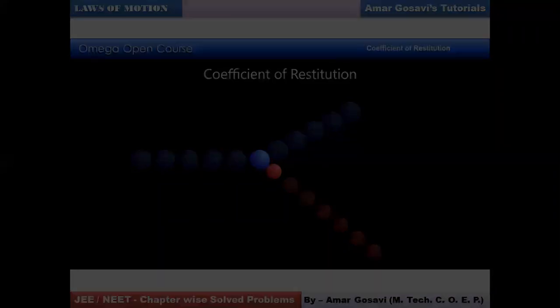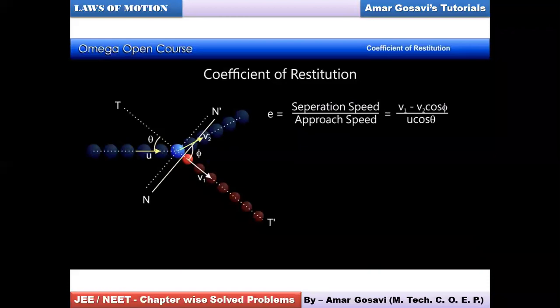Okay. Now in this case, try and understand the diagram first of all, friends. Okay. So here you can see a ball is approaching with initial velocity u. I'm going very slow so that you understand it to perfection. Okay. So please concentrate high. Here you can see a blue color ball is moving with initial velocity u, and then it hits a sky blue ball which gets divided into two parts.